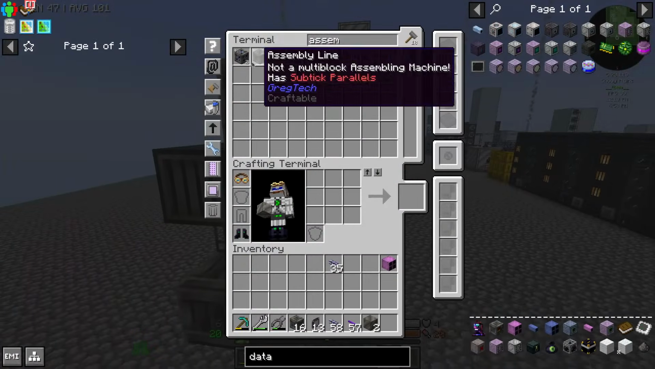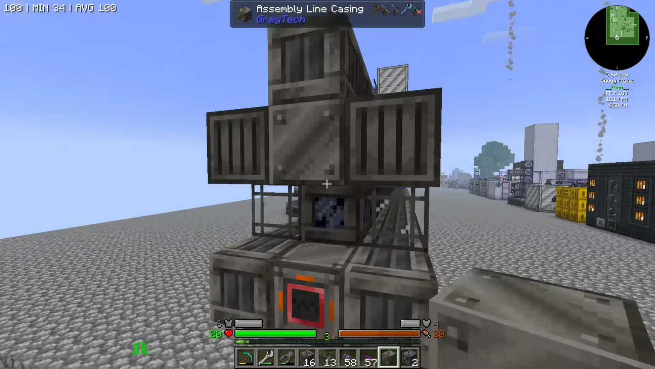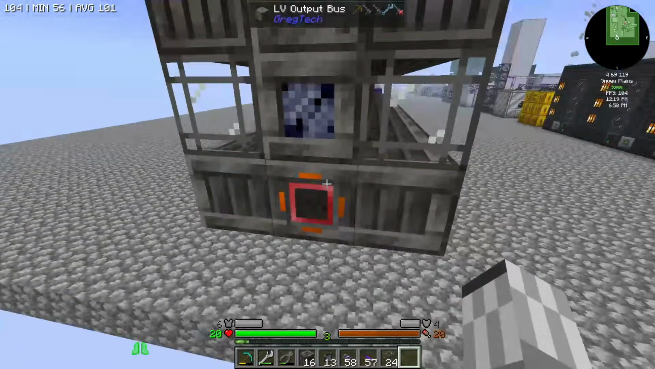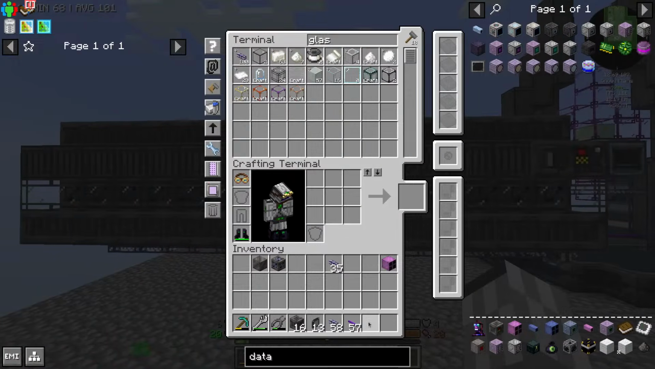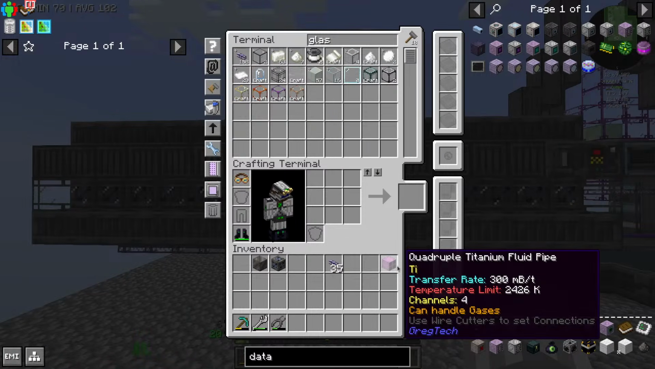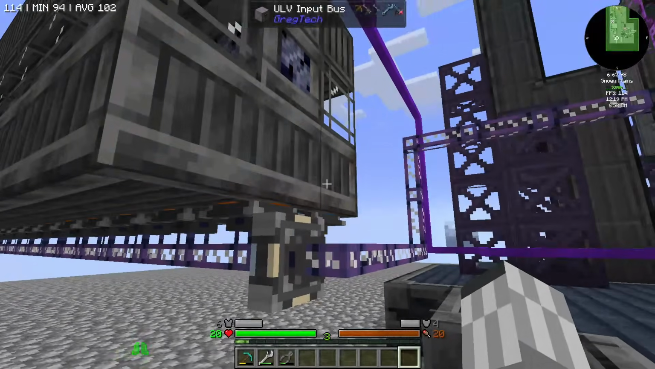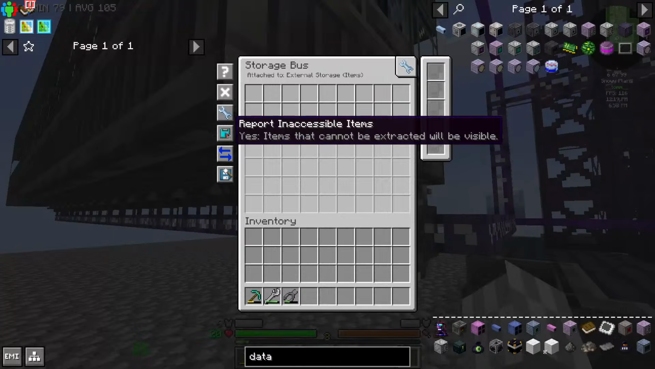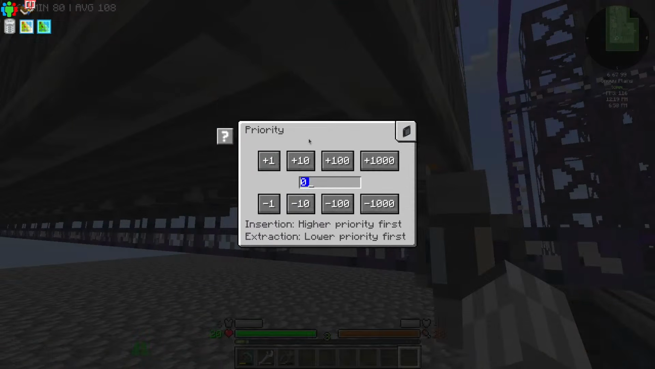Okay, come on. This one here. Okay, you can make assembly lines 17 blocks long. This one. Cool. Why do I have this one still in my inventory? Quadruple input hatch. Okay, this one are reporting here. And I should probably get it